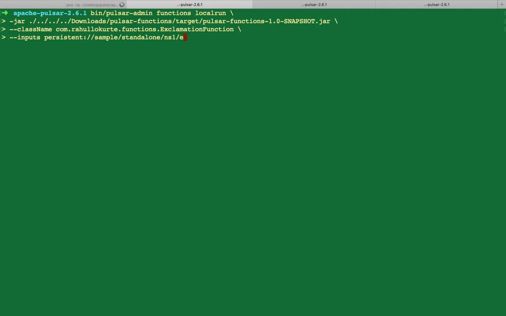We can give exclamation input as the input topic, and then we should have one output.